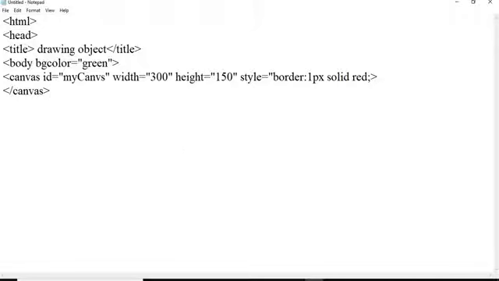So I will add a script. Then here I am going to add the variable c, that is document.getElementById.